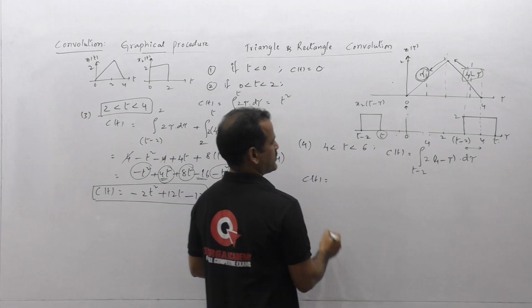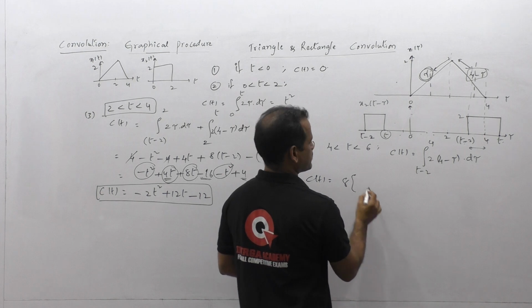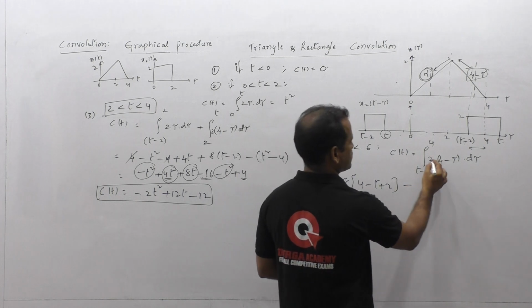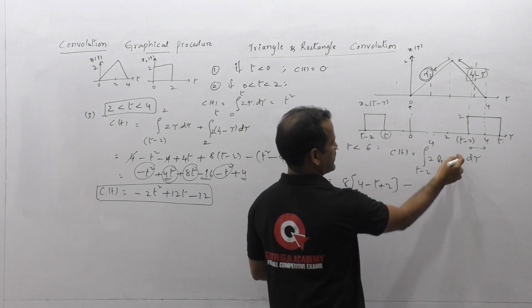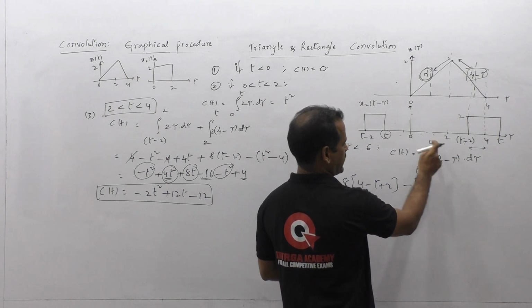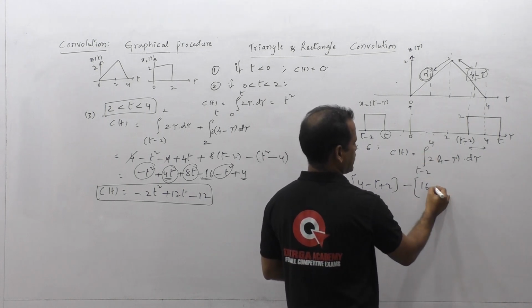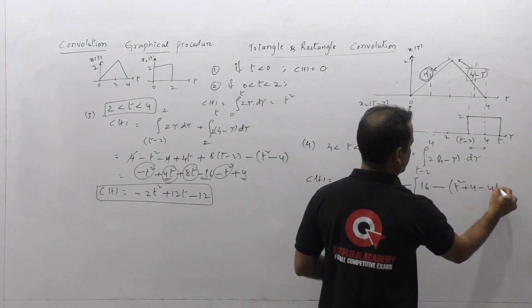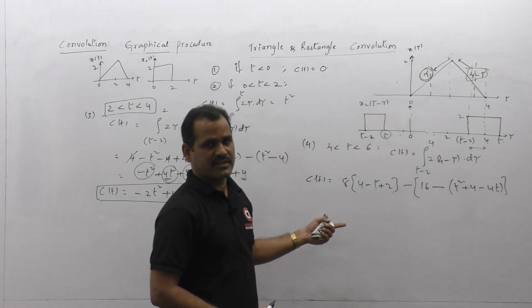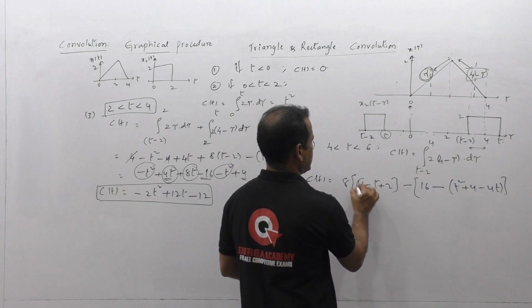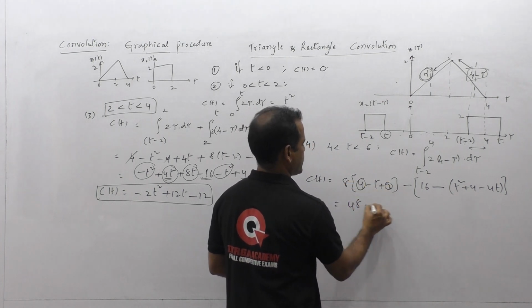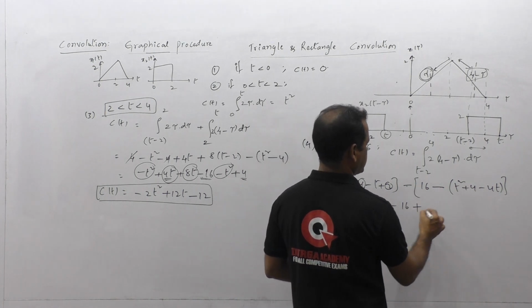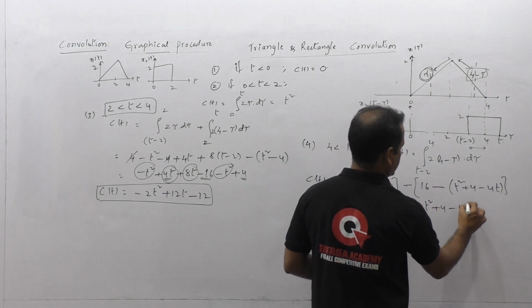So here C of t is equal to, first it is 8 and 4 minus t plus 2, second it is minus 2 tau, tau square by 2 means 2 gets cancelled and tau square is remaining. So for this tau square we are substituting upper limit, that means 16, minus lower limit, that is t minus 2 whole square, t square plus 4 minus 4t. So let us further simplify this equation here. We are getting here 4 to 6, 6 into 8, 48 minus 80, and then this is minus 16, minus minus plus, we are getting t square plus 4 minus 4t.